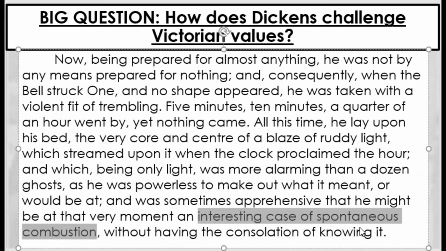Of course, modern science has dispelled such an idea, and it's more than likely that these people had died in fairly ordinary circumstances, but the conditions of which were somewhat strange because Victorian science was in its infancy when it came to things like forensics. And in fact, forensic science didn't come along until much, much later. So these seemingly strange deaths were mistakenly attributed to the body catching fire of its own. So when Scrooge sees this glowing fire blazing on his bed, he starts to worry that it might be him starting to catch fire. But it is an example of some humour, another case of the narrator poking fun at Scrooge's panic and worry.